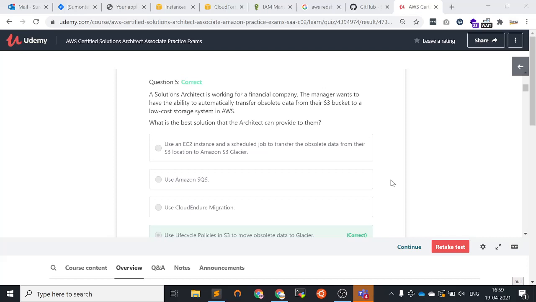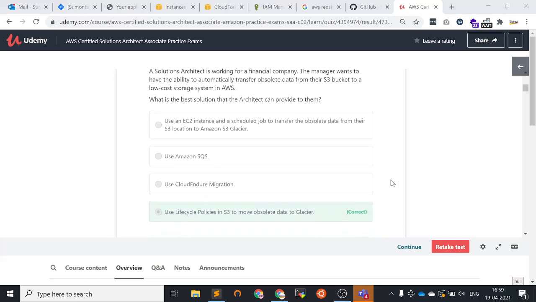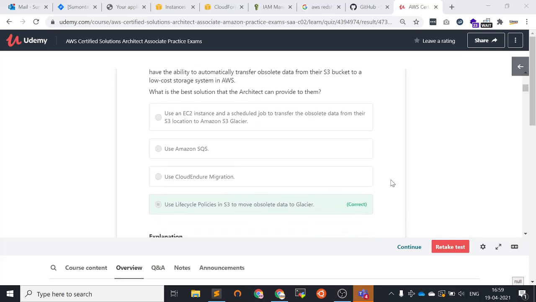First option, use an EC2 instance and a scheduled job to transfer the obsolete data from their S3 location to Amazon S3 Glacier. Second option, use Amazon SQS. Third option, Amazon CloudEndure Migration. Fourth option, use the lifecycle policy in S3 to move obsolete data to Glacier.